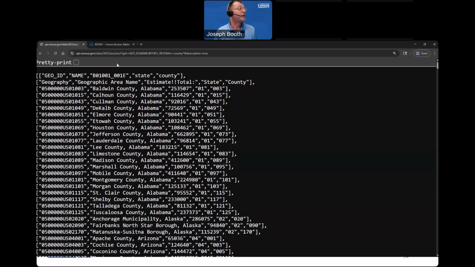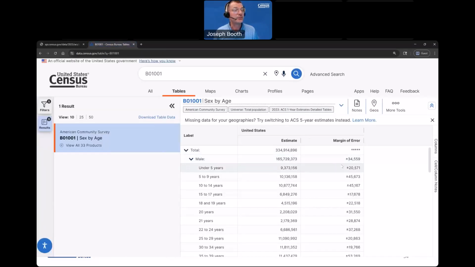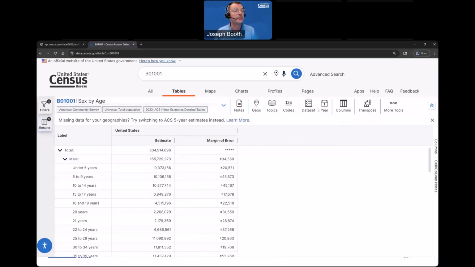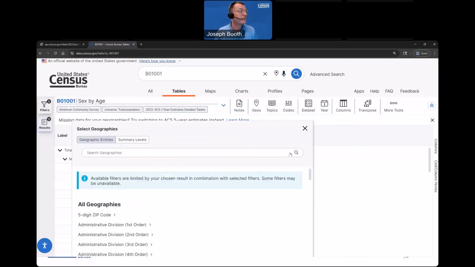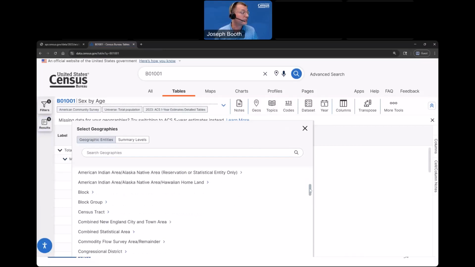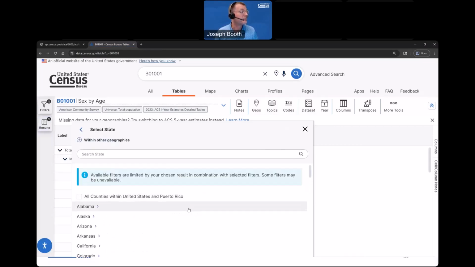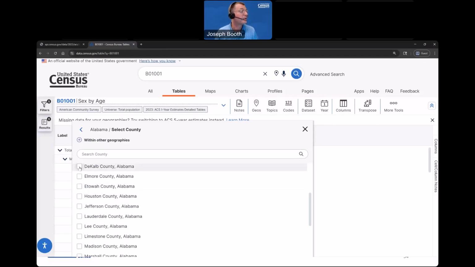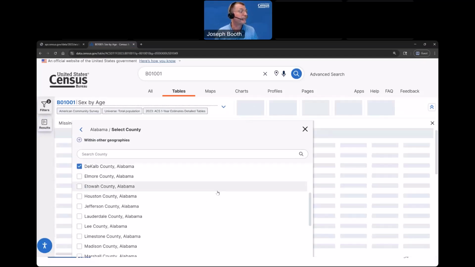Okay, so these are all our counties. We were looking at DeKalb County. Right now this defaults to the United States, so we're looking at the national level. I'm going to go into geos, actually, I'm going to move this over here. I'm going to go into geos, and then we're going to search for our county. Then we're going to go into Alabama, and then select DeKalb County, Alabama.